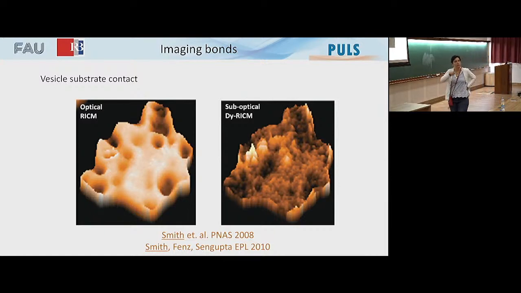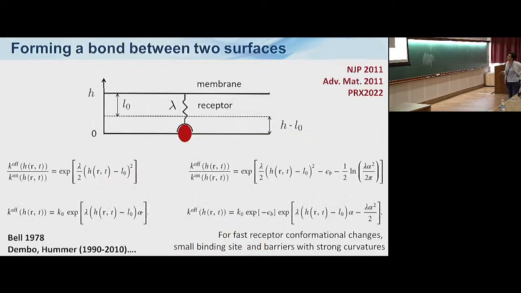Now, you can go and do a little bit more, right? Rather than looking at the intensity, you can look at the variation of the intensity. So you're looking at a fluctuation map, which is over here. And because the fluctuation map is much more sensitive, you can actually see many, many more bonds and many more attachments than if you look at the direct signal. All right? Okay. So now,